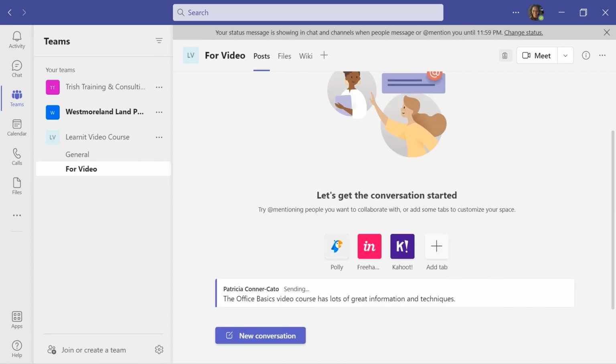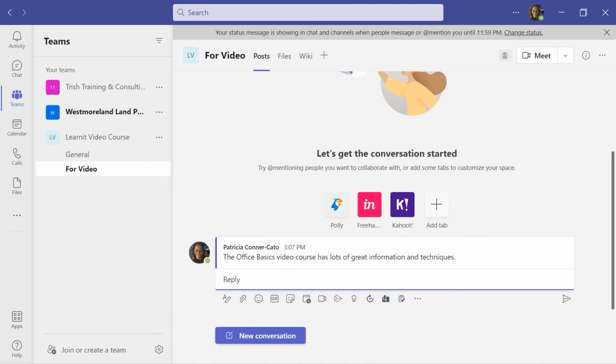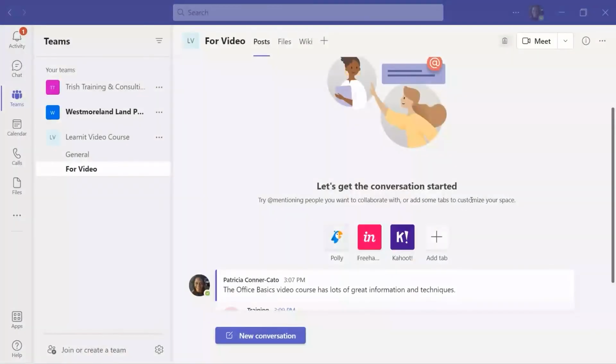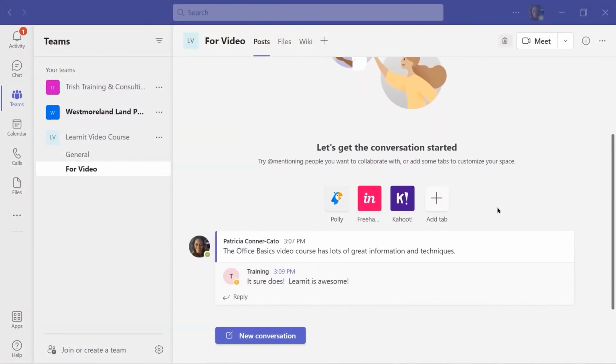And enter. And you can see that my other self replied to my post here. And when I hover over their reply, I can give thumbs up, all these little emojis, just give a thumbs up to it. And that shows on their end as well.